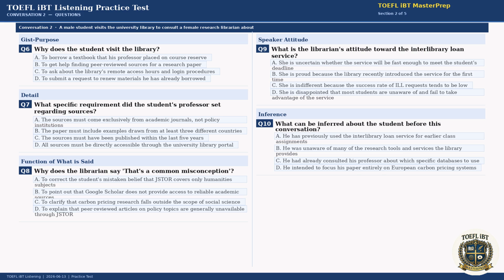Start broad and then narrow down systematically. Try carbon tax or emissions trading scheme combined with the names of specific regions. European Union, Canada, or China are well-documented cases. You can also use cap and trade as an alternative term. Then apply the database's date filter to restrict results to articles published between 2021 and 2026.